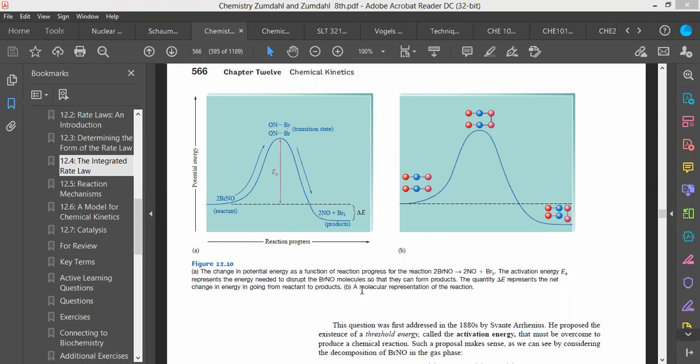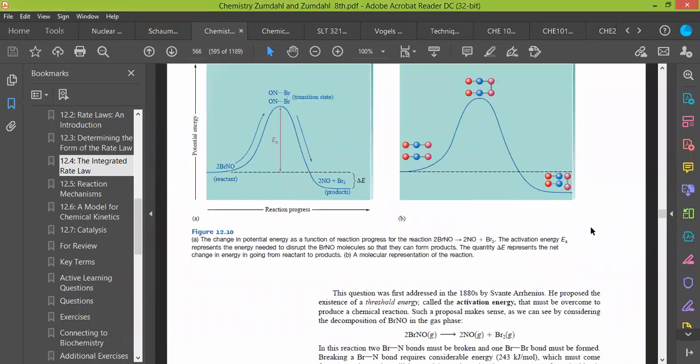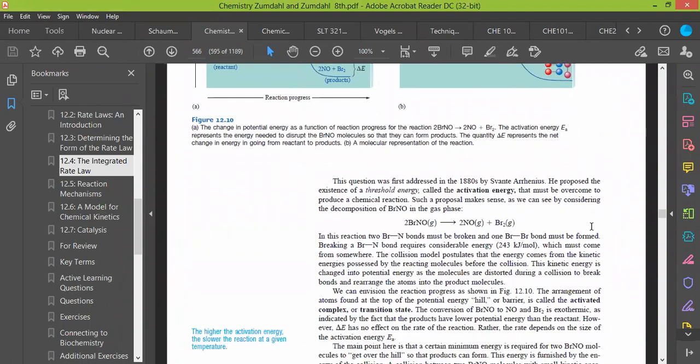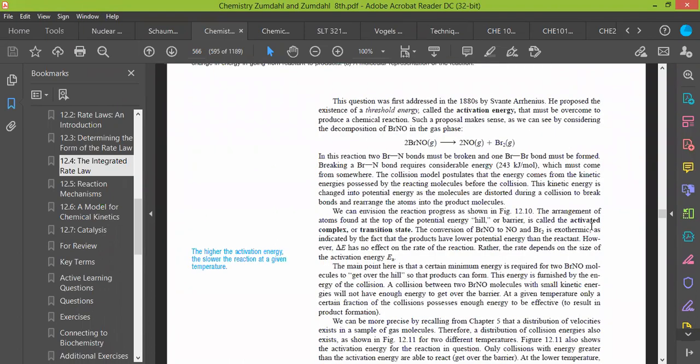And the energy that is required to pass through the transitional step is the activation energy, a very, very important energy that you have to actually know and compute. Now, this activation energy is computed